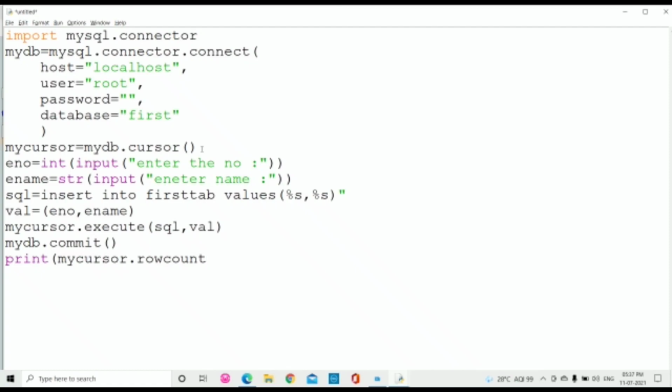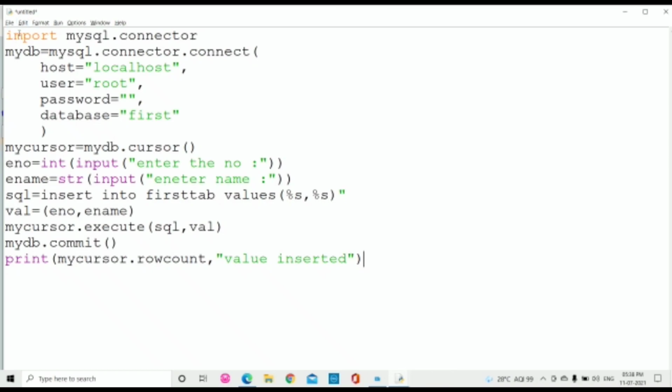My cursor dot row count, comma. You can give a message. The second parameter is the message, for example, value inserted. So the message can be shown to the user. So this program should work for executing.